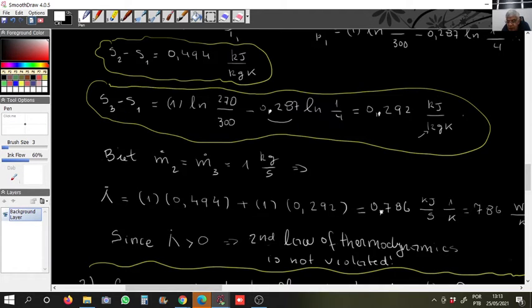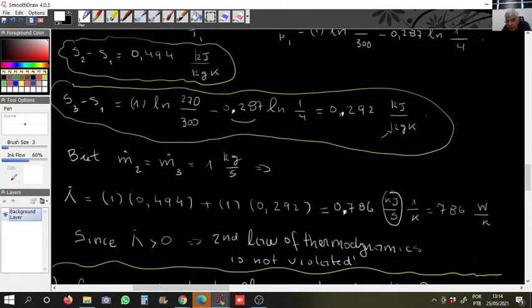kilojoules per second. This is power, work divided by time, is power. Now divide by Kelvin. If I multiply by 1000, I have watt per Kelvin. This is power, Newton meter per second. Newton meter is joule. So remember,